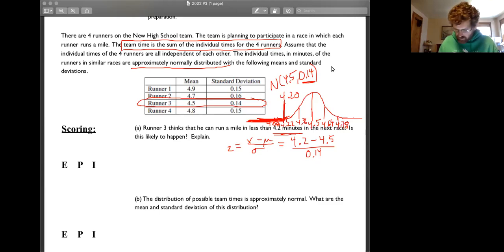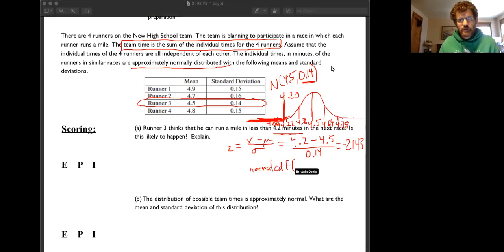Okay, so now we can of course calculate the z-score, which I got as negative 2.143. Okay, so the next part is your normal CDF. Now you would do that on the calculator. It is worth it to go ahead and write out what you're gonna do on your calculator. Normal CDF of,